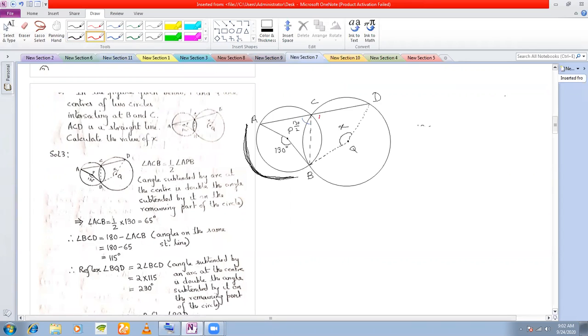Okay. Now once you have got this blue angle, now you can find out this red angle as 180 minus, how much does this come to? 130 by 2. It comes to 65, I think. This comes to 65. Right. So this red angle that I have marked here will be 180 minus 65 because angle on a straight line.